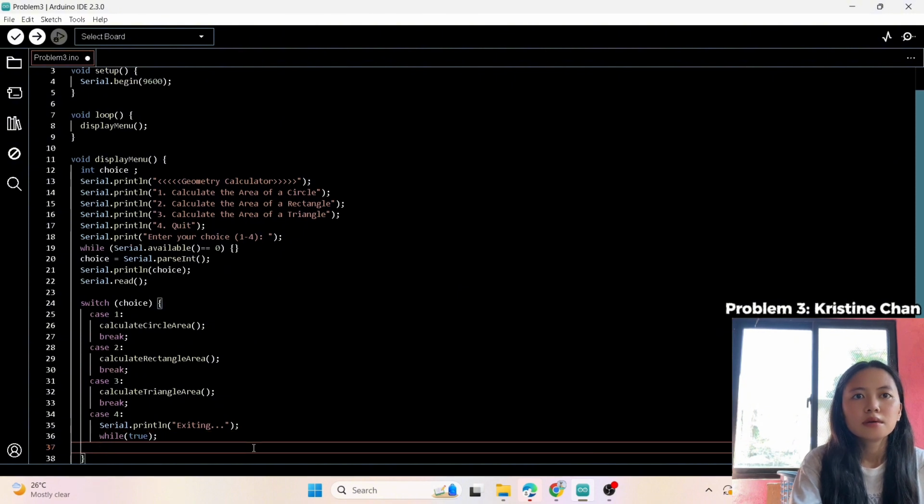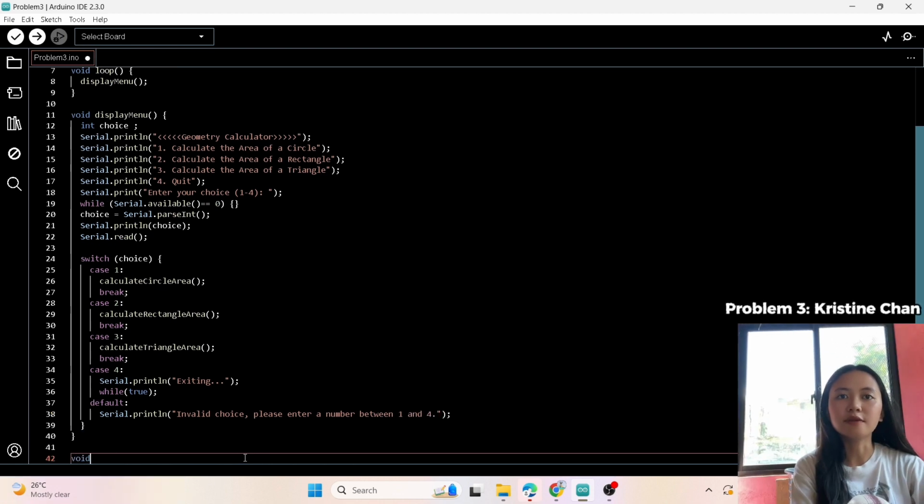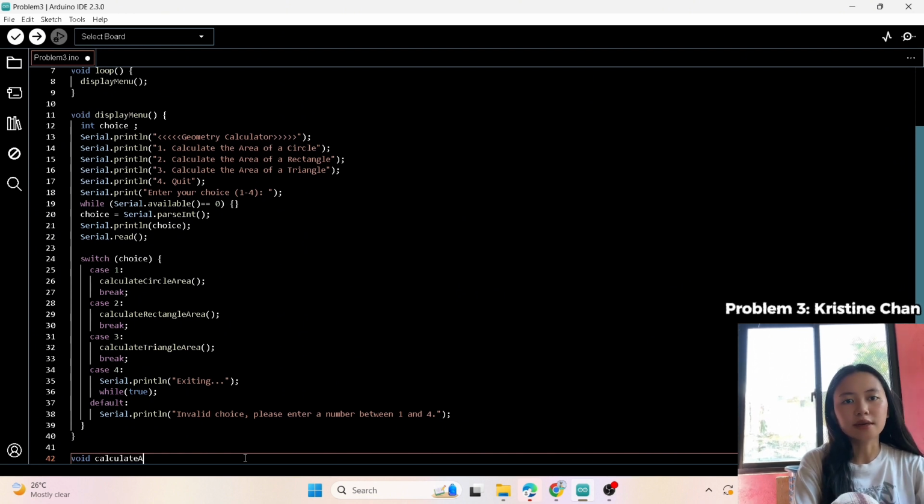Now, we will display an error message for invalid choice. So let's type invalid choice. Please enter a number between 1 and 4. Now, we will add function definitions for circle area, rectangle area, and triangle area. So first, for the circle area,